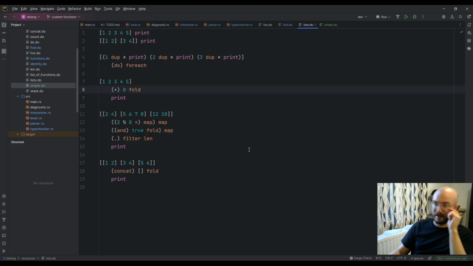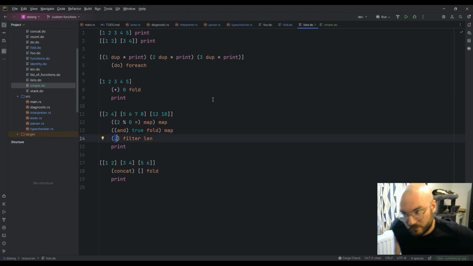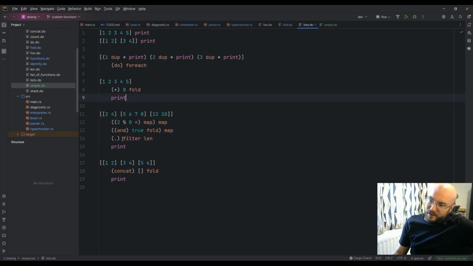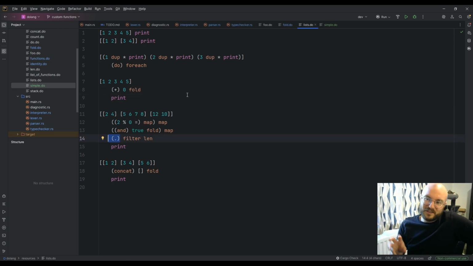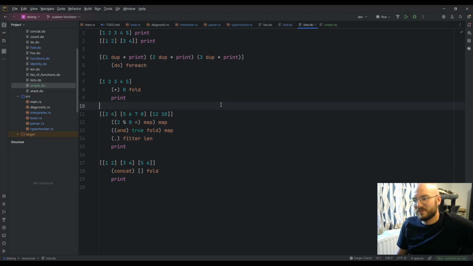Actually, before we do that, let me show you this. This is also another operator I added, which is the identity. And I didn't realize how it would look when it was inside a function, but I think a dot is the best symbol for identity, seeing as that's the symbol in maths, so we kind of have to deal with it.